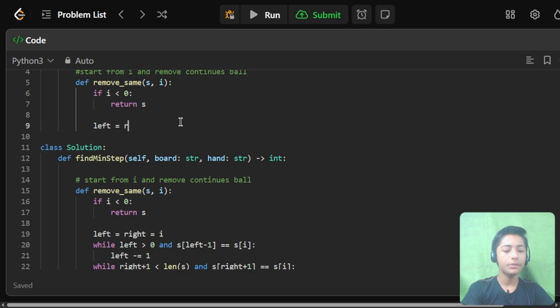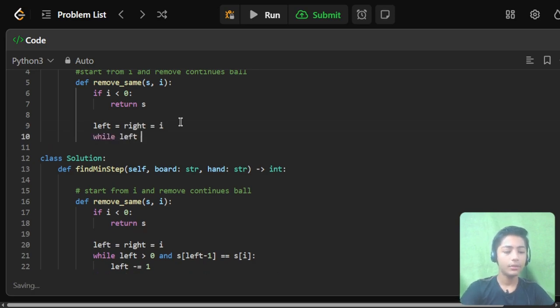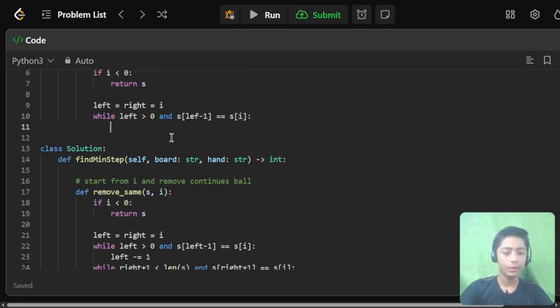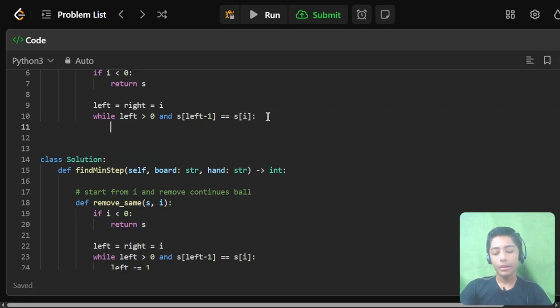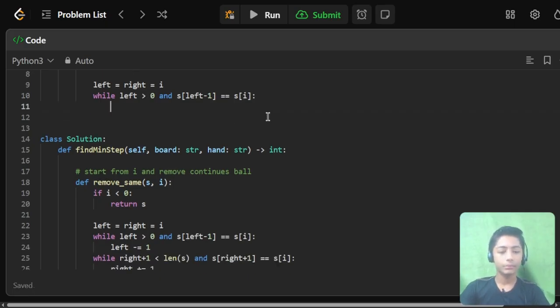Back, enter. left = right = i. While left > 0 and s[left - 1] == s[i]: left -= 1.